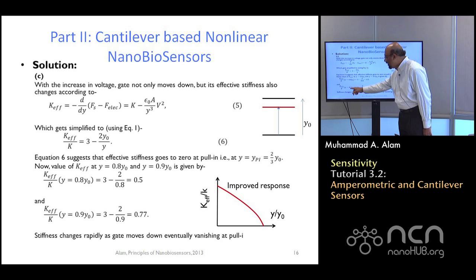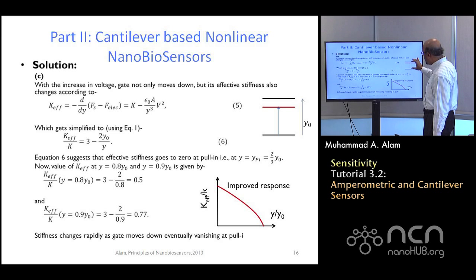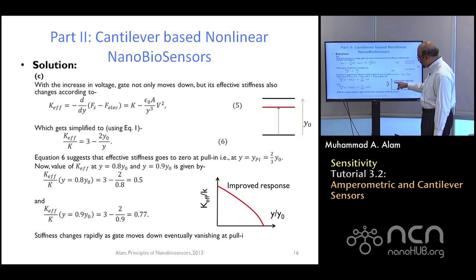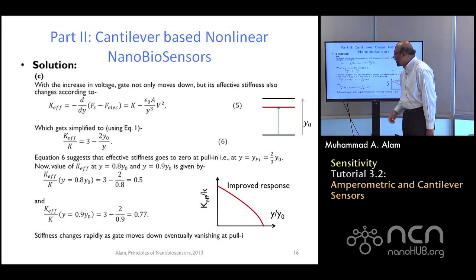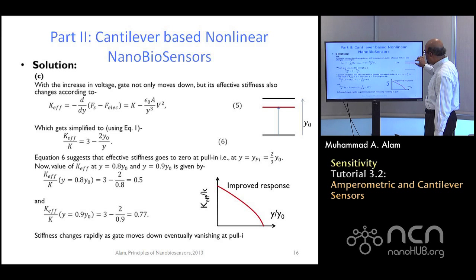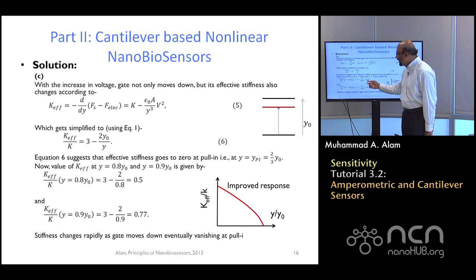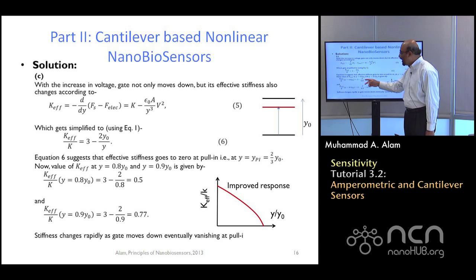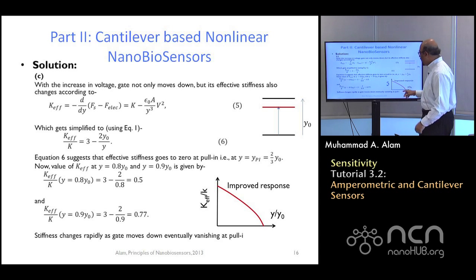And so for example, if the y is 0.9 y naught, so it's just pulled down a little bit, 0.1 y naught, in that case, it's still 77% of the original spring constant. So that would be somewhere here, 77% of this original spring constant. But if you change it a little bit, let's say to 0.8, so this is 0.2, this is 0.8, in that case, the spring constant value is half of the original value. Increase it a little bit, let's say 0.7, it will immediately, strongly and very quickly drop towards 0.